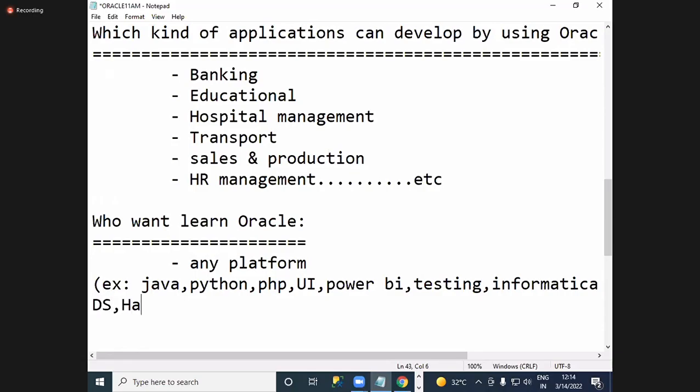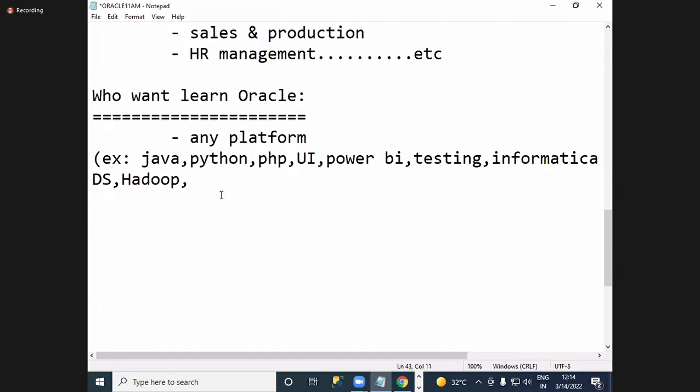And we have DevOps people, AWS people, and so on. That means any kind of platform student can learn this Oracle. So there is no restriction.